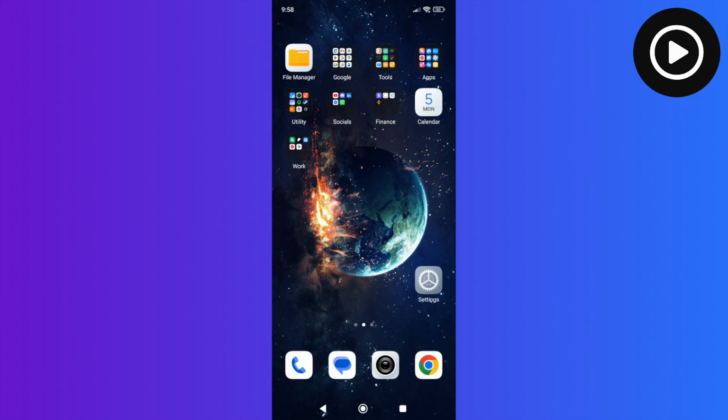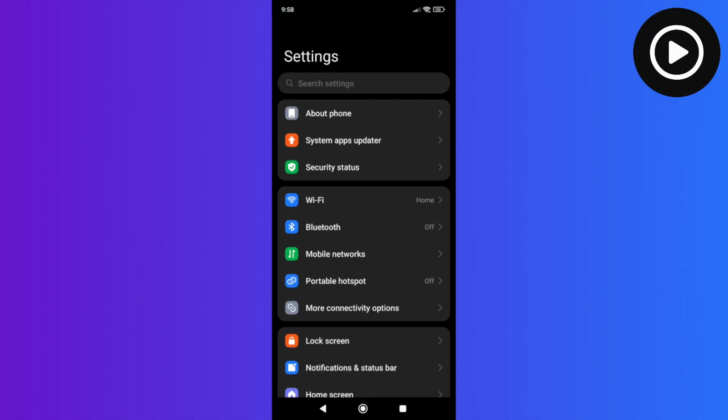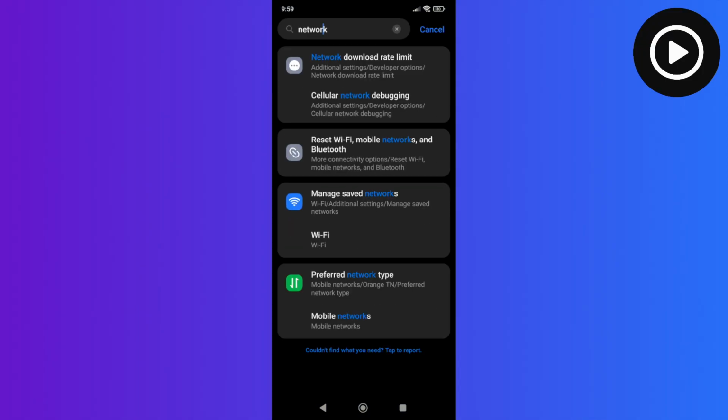How to reset the network settings on your mobile phone on Android. So first you will need to open up the settings, and in here you want to search for network, and then you will need to click on reset Wi-Fi, mobile networks and Bluetooth,